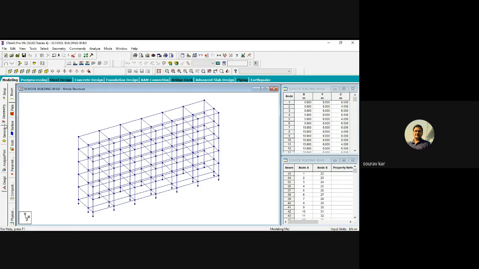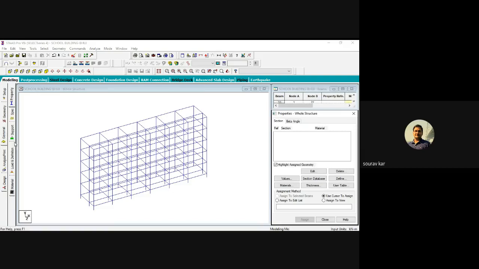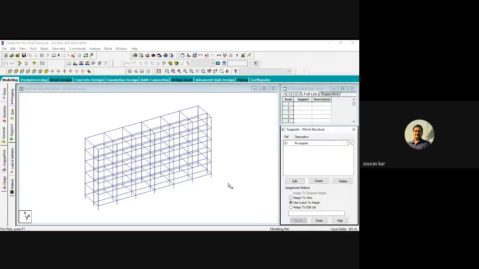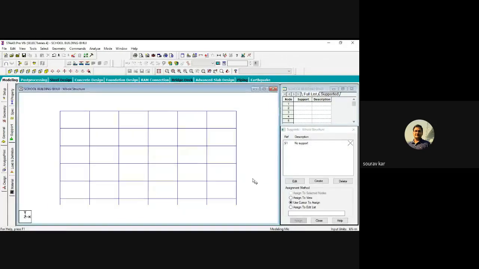I will go to general, then support, and take the front view, because we can select the nodes easily from the front view.